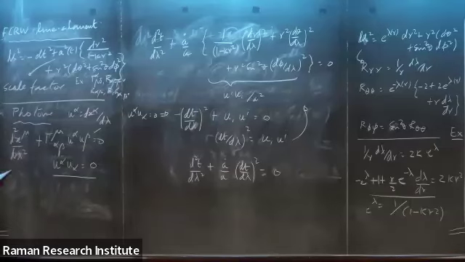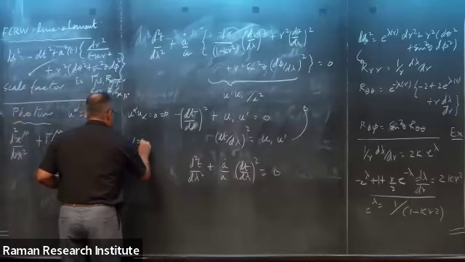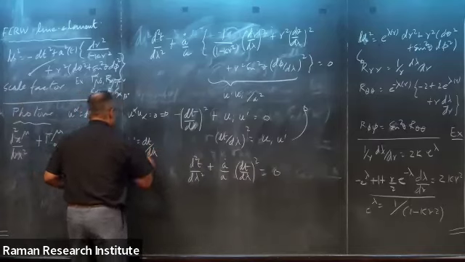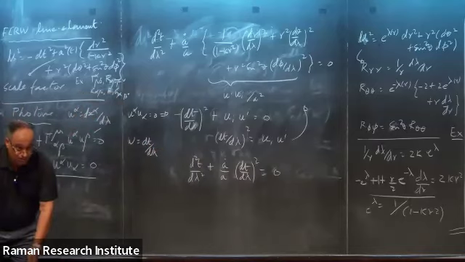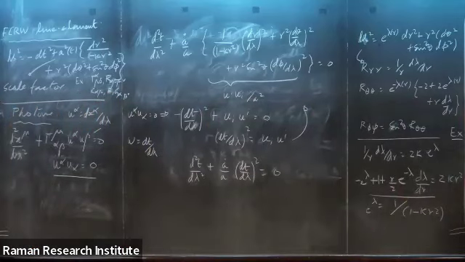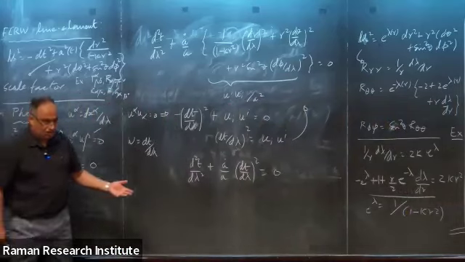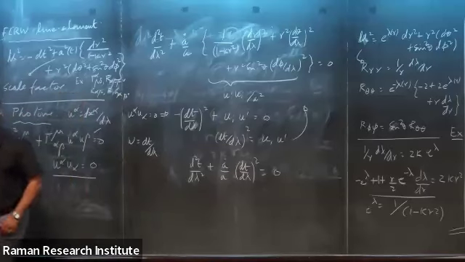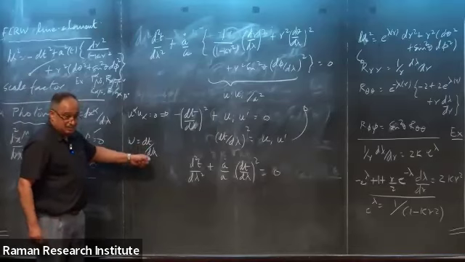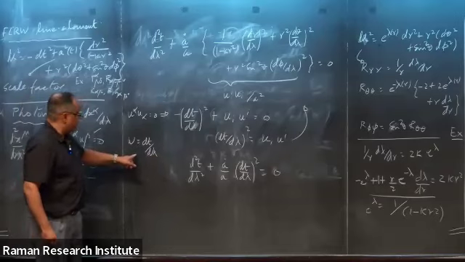What I am interested in, and I want you to appreciate, is the following. Note that ω is dt/dλ. We are talking about photons. Omega is the frequency, or with modulo constants, the energy of the system. Energy is nothing but the zeroth component of the four-momentum. I'm defining the four-momentum with respect to an affine parameter, which I've chosen to be lambda.